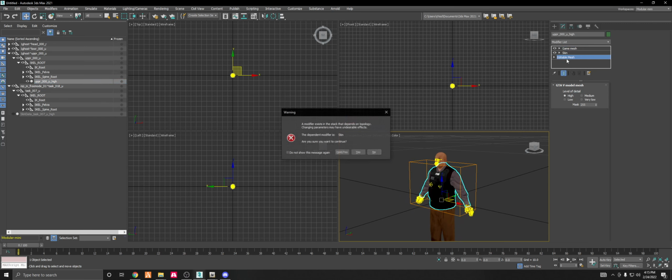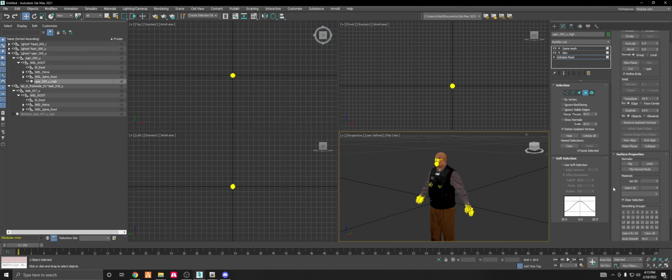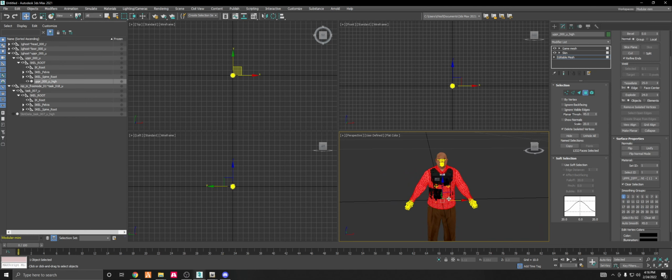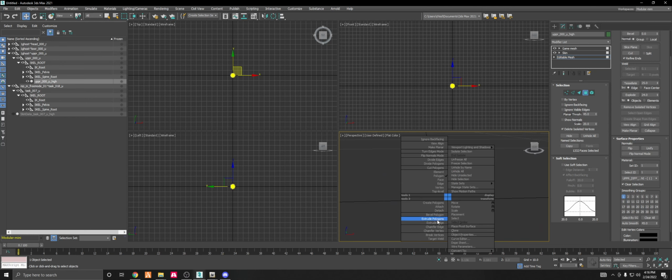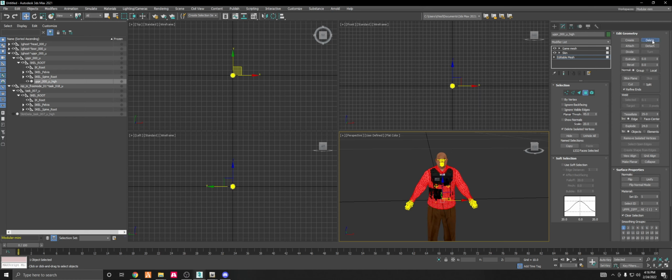Next, we'll want to reselect editable mesh, say yes, click on the polygon, and then what we can do is go material ID, we'll do select ID 1, and that'll select the entire t-shirt, and then we can just right click and it should say delete. Scroll up here and then press delete, and that'll delete the entire t-shirt, leaving us just with our vest that we want